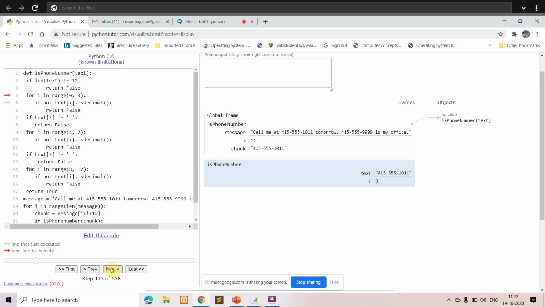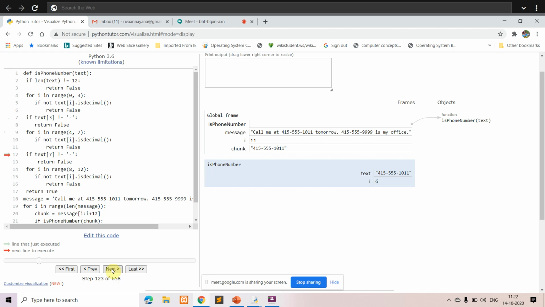Again 5, 5 is a decimal. So after 5 what you have, a hyphen here, right? So it is coming over here, it is a hyphen. Then you're going for the next number, that is 5. Again the next number will be one more 5. Next number is one more 5. And next you have a hyphen.